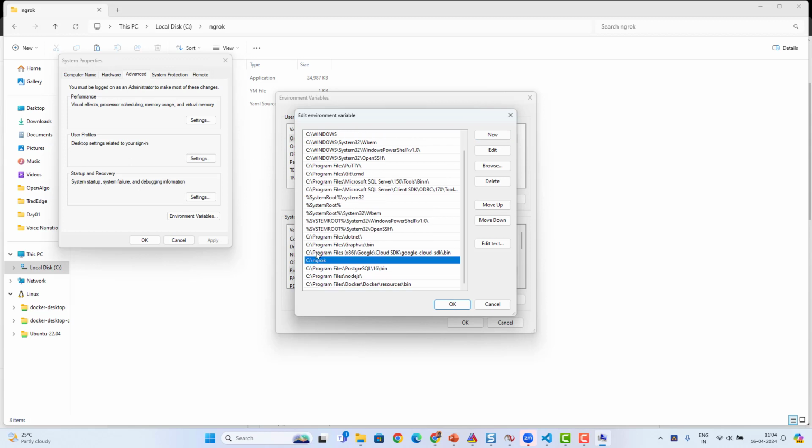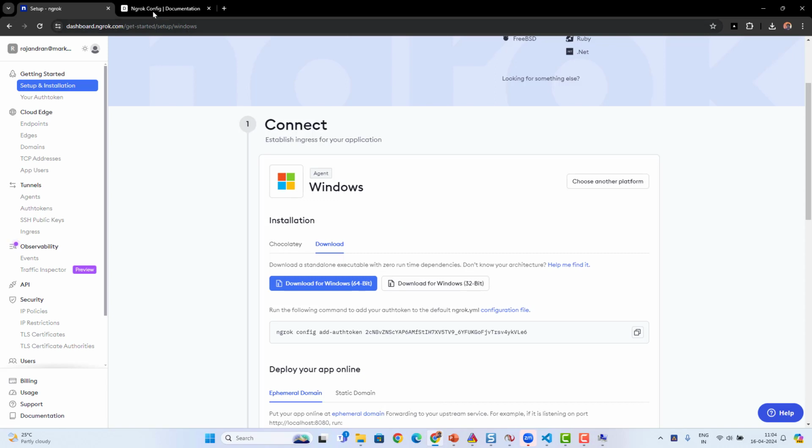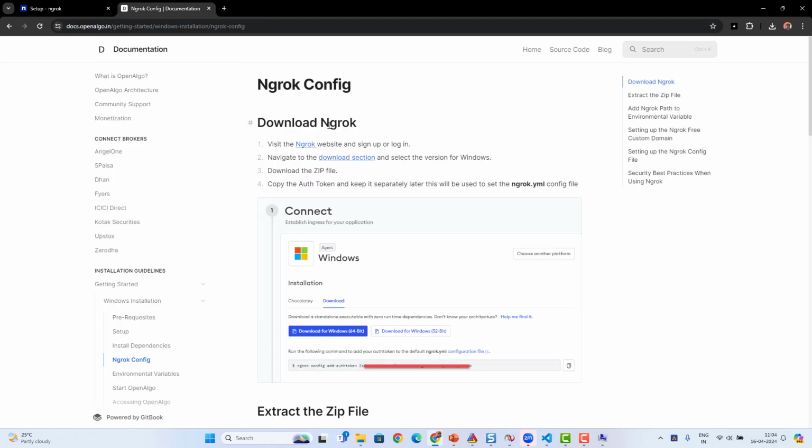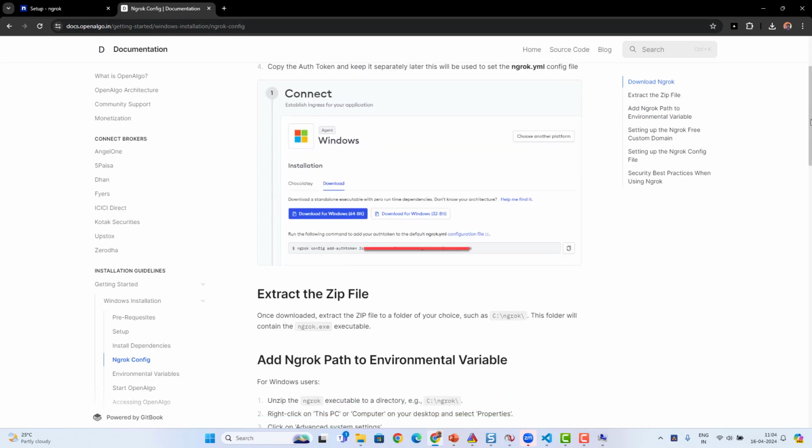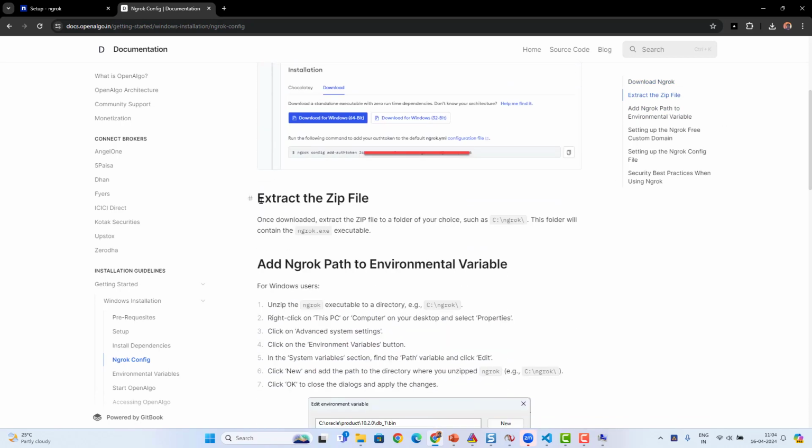C:/Ngrok. In my case, I already added it. So this is the one which I had already added. The same information you'll be able to see in the documentation section also. So if you go to the OpenAlgo documentation under Ngrok configuration, first is downloading Ngrok, which we had already completed. The second one is extracting the zip file. So we'll be copying the ngrok.exe file. The Ngrok application will be stored under the path C drive:/Ngrok. Whichever folder you copied, the same thing you have to add to the Ngrok path